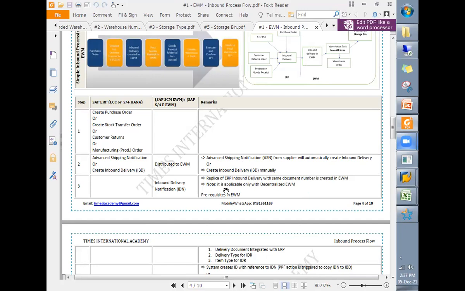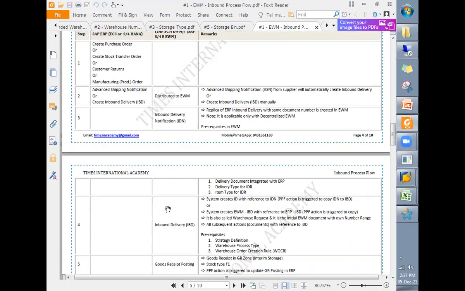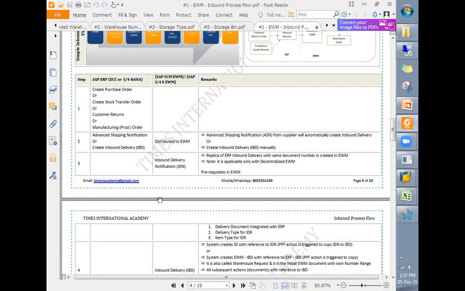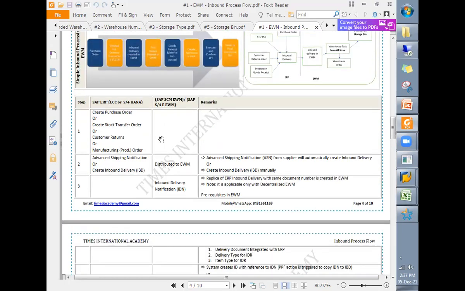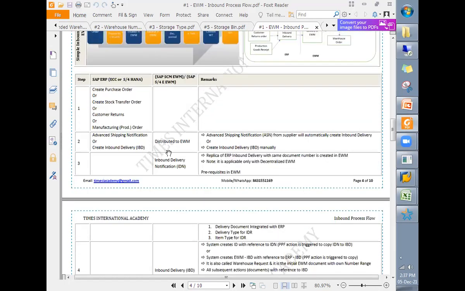As a consultant, we should know how the warehouse works, and how the warehouse people carry out transactions, and after understanding the business requirement, how we should be configuring it. With the help of flow charts and all that, we will be explaining.